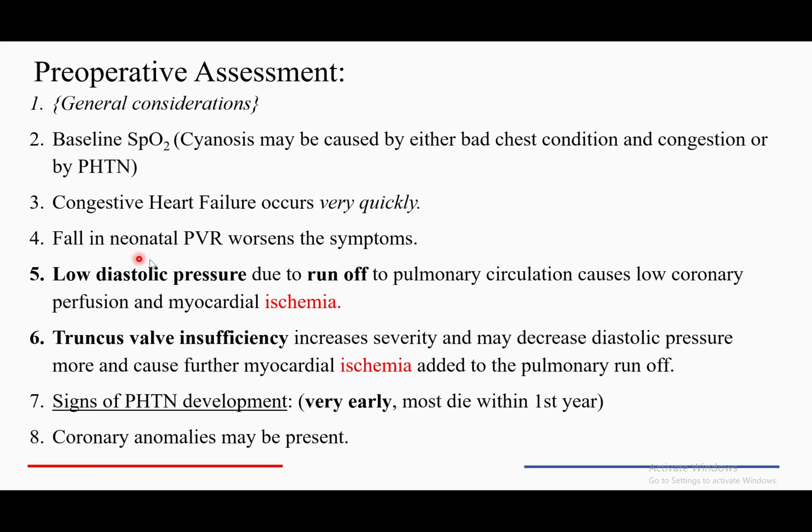Fall in neonatal pulmonary vascular resistance worsens the symptoms. This is very important. Low diastolic pressure due to runoff of the pulmonary circulation causes low coronary perfusion and myocardial ischemia. So if the pulmonary vascular resistance falls for any reason, including induction of general anesthesia,